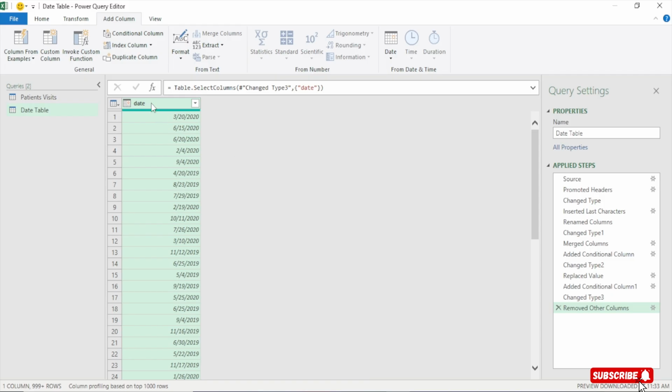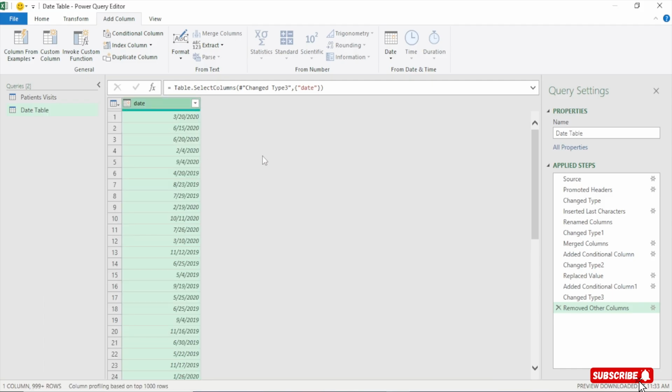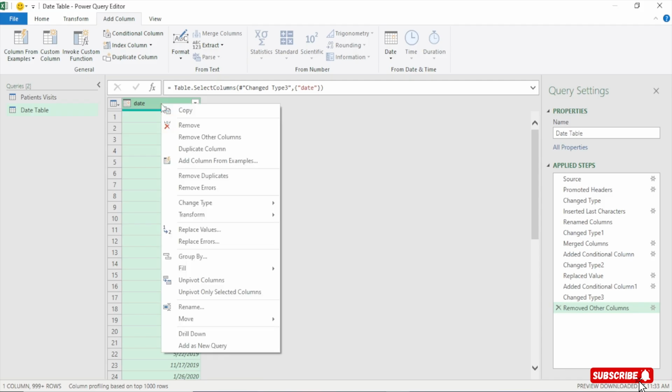The date column that we selected, right? Perfect. So now we are making progress. So now the date column here, it has what? Duplicate, right? It has duplicate date. So what we are going to do is right click on the date column, and then